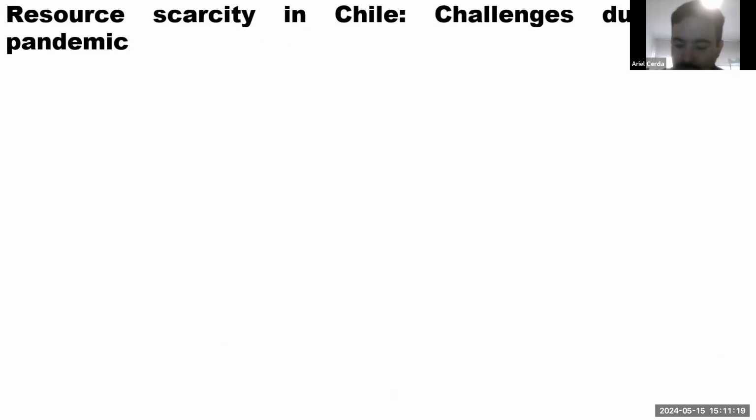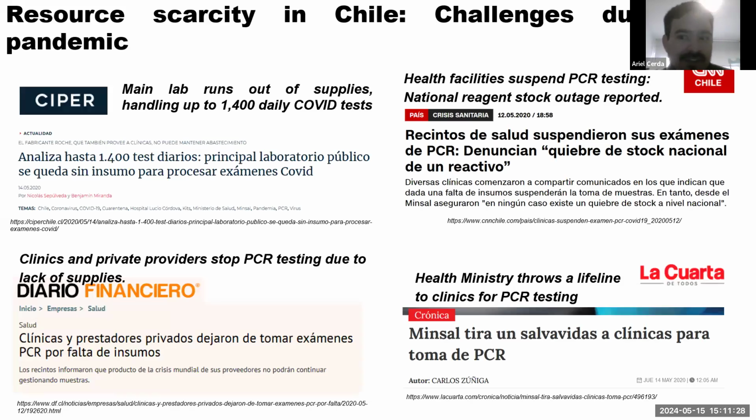As many of you know, as a result of the high number of cases, there was an overwhelming burden on the local health system, accompanied by a persistent shortage of testing supplies and personal protective equipment. In Chile, this severely affected early diagnosis and impeded the monitoring and control of virus transmission. Moreover, this led to a significant underestimation of the number of infected individuals, posing a challenge for the efficient management of health resources. And this scarcity of resources for clinical diagnostics was clearly reflected in the headlines of local media.